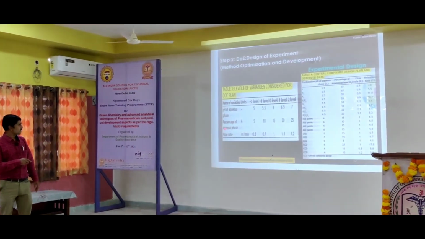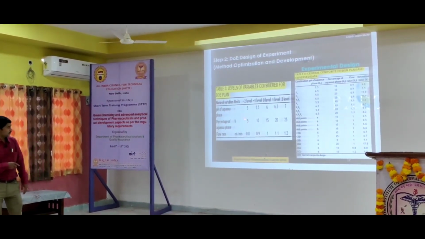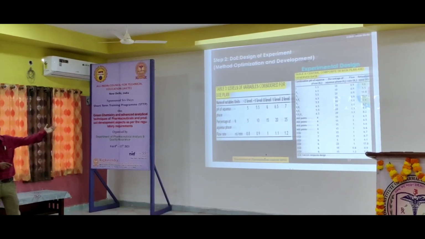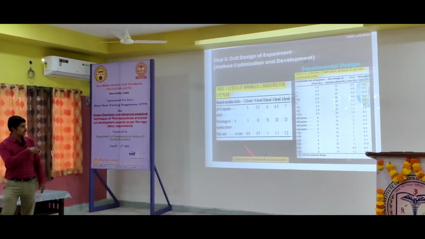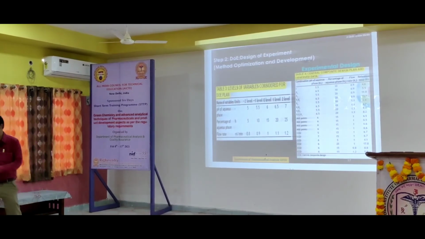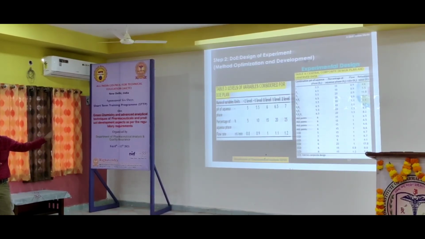Next, percentage of aqueous phase, how they kept it. 5 is the least value. Less than 5 means there is no effect of the aqueous phase. And if they go beyond 25, the column back pressure is high in these conditions. That's why they kept only 25 as the extreme value for aqueous phase, and least value 5. Below 5 we cannot go, there is no effect. So 5 and 25 are the least and extreme.